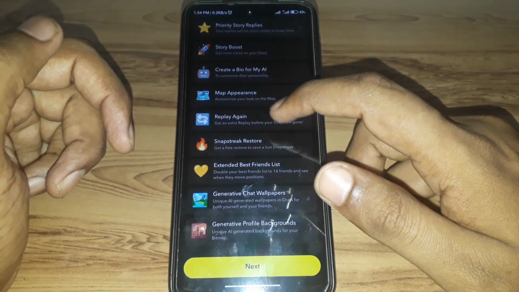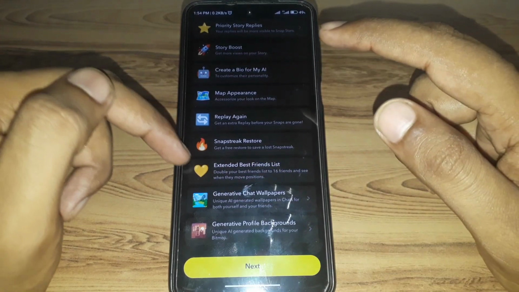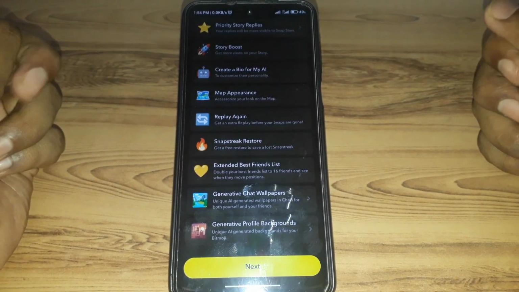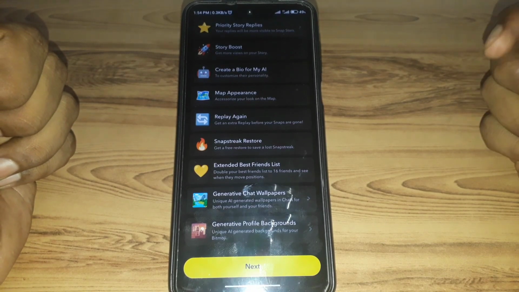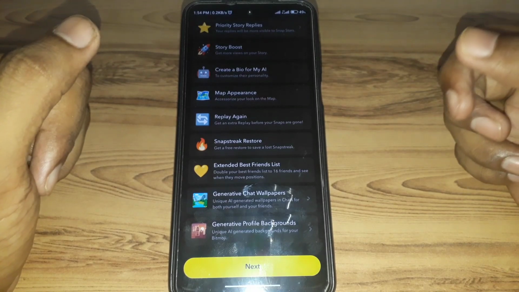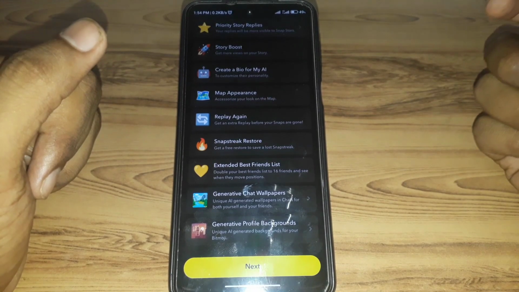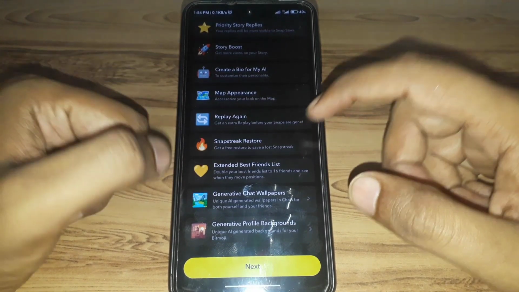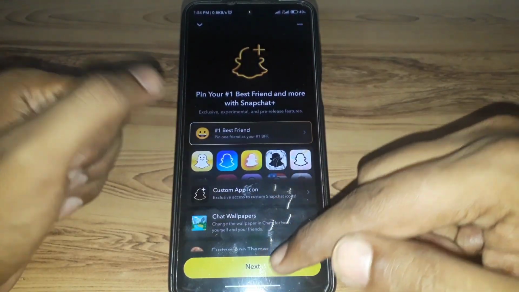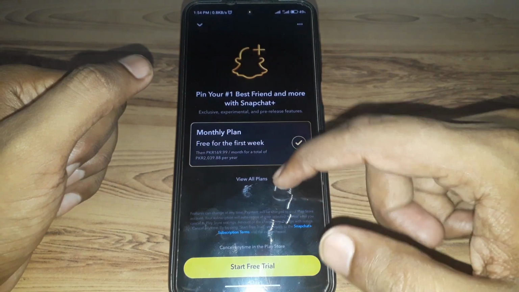So which means if you simply subscribe to Snapchat plus subscription, then you can get the snap streak restore without paying any money, which means you can simply get your lost streak free restore without paying money. So for this, what you have to do, you have to simply subscribe to Snapchat plus subscription,